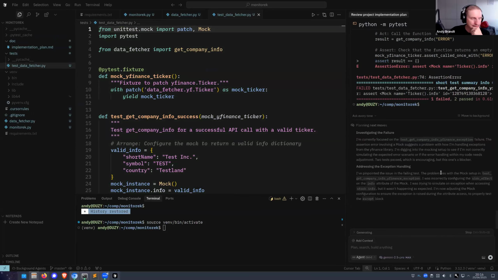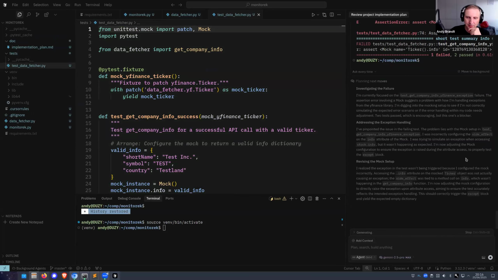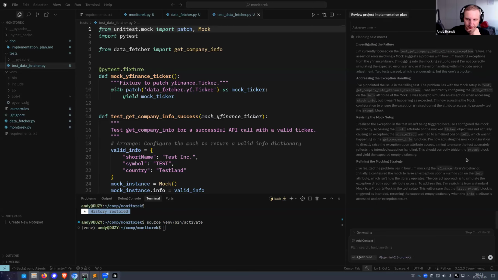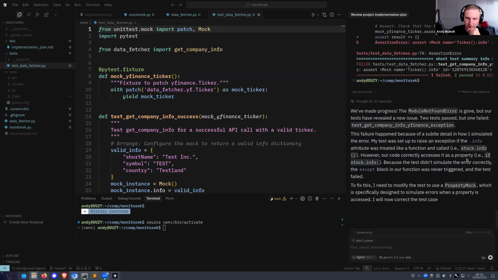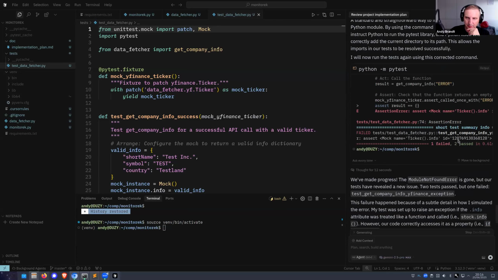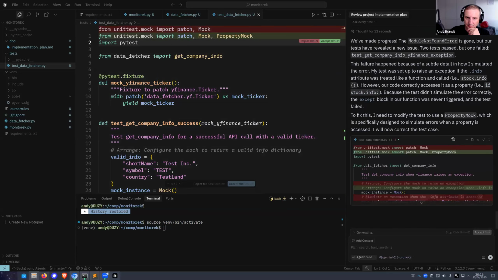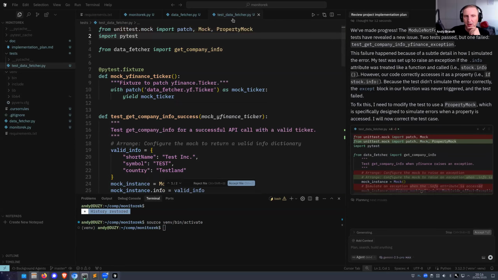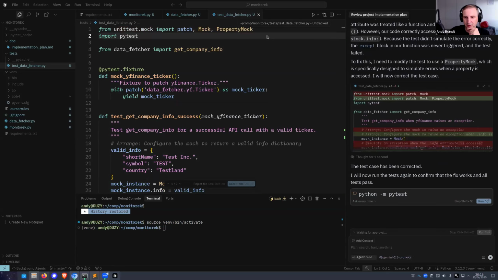Okay. So it just works. And it focused on tests. It will now correct them. As you can see, it added mocks. Let's allow it.